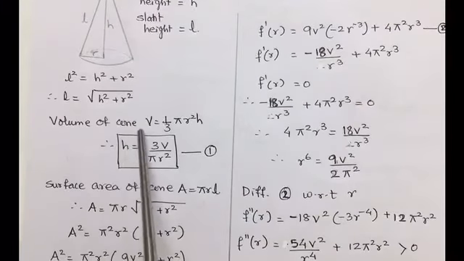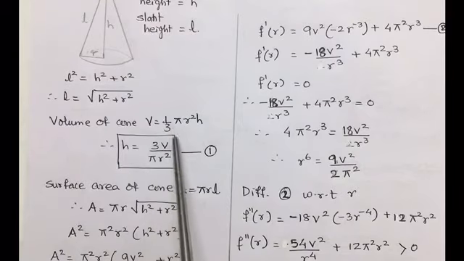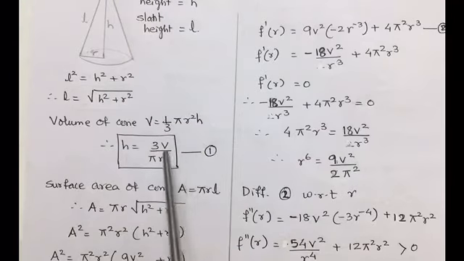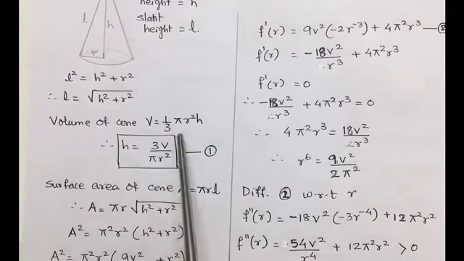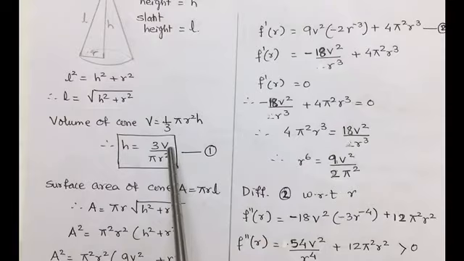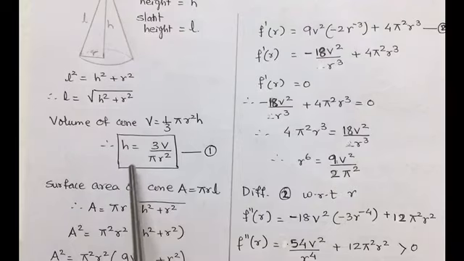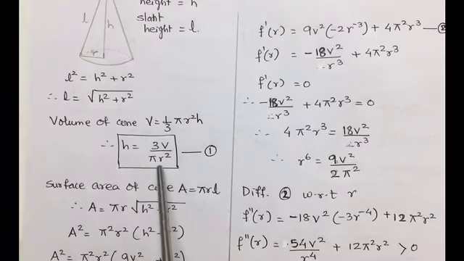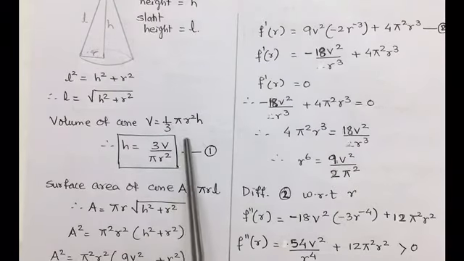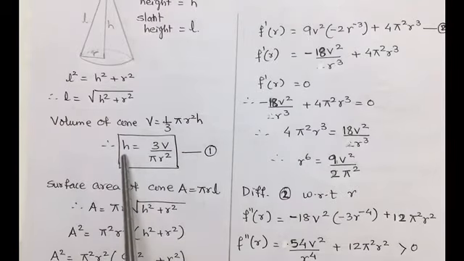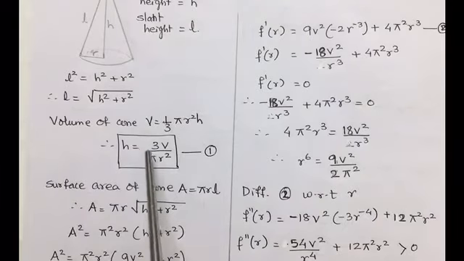Now volume of cone is V equal to 1 by 3 pi r square h, which is a constant given. From the formula of volume, we will make h the subject. Taking 3 to the other side and pi r square to the other side, we get h is equal to 3V upon pi r square. This statement we will mark as 1. We did not make r the subject because as it is r square, if we take r square separately, then it will become under root.